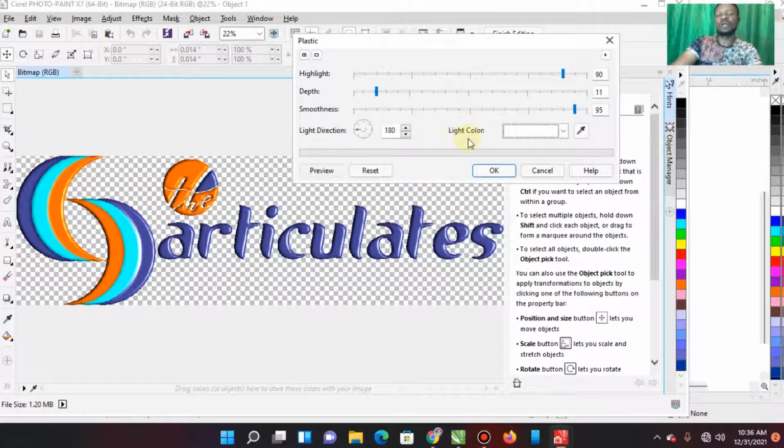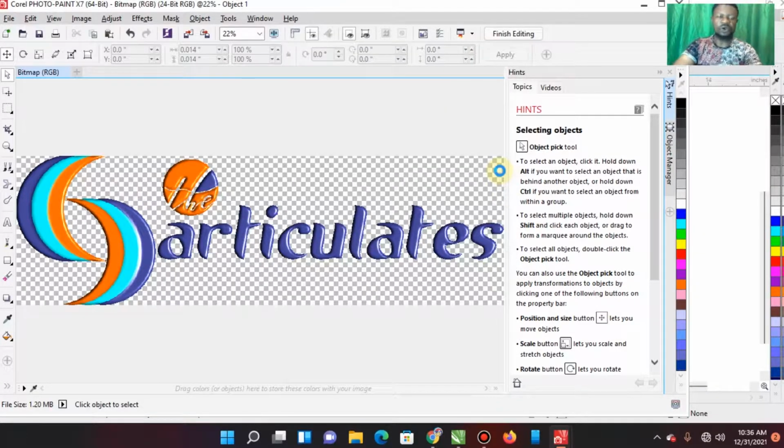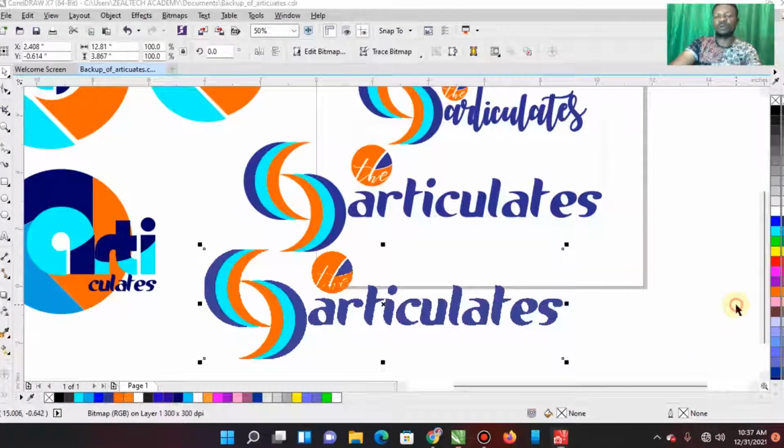All right. So once you are done setting up to your choice, please click on OK. When you click on OK, observe the saving option that it has been saved. But you now need to save it again. The effect has only been saved to the object. So we need it to now reflect on CorelDRAW,